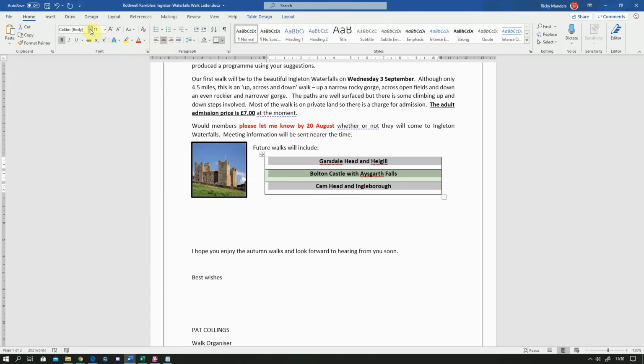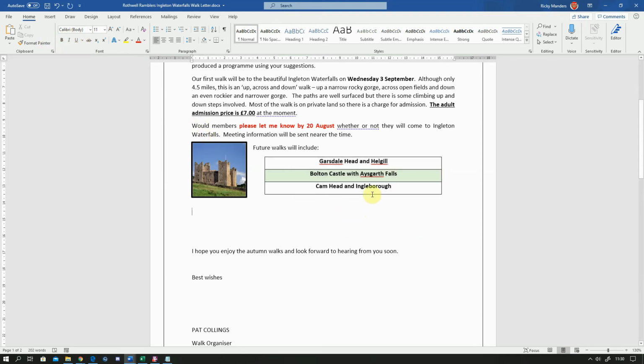I might want to use slightly different text. As long as you don't use more than 2 or 3 text styles, text formats, you're okay. So I'm going to make that bold, actually. I quite like that. And you can see that actually at the moment this text is lined up at the top of the cell. So it's not even. Again, if I select all of the text,